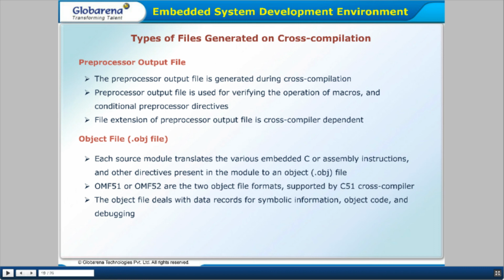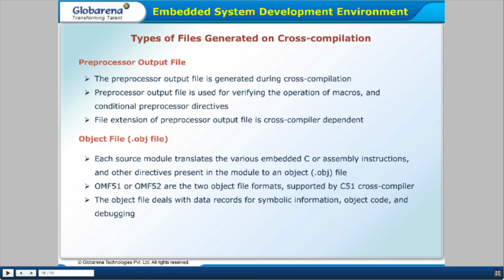Another type of file generated on cross compilation is the preprocessor output file. The preprocessor output file is generated during cross compilation, and it is used for verifying the operation of macros and conditional preprocessor directives.